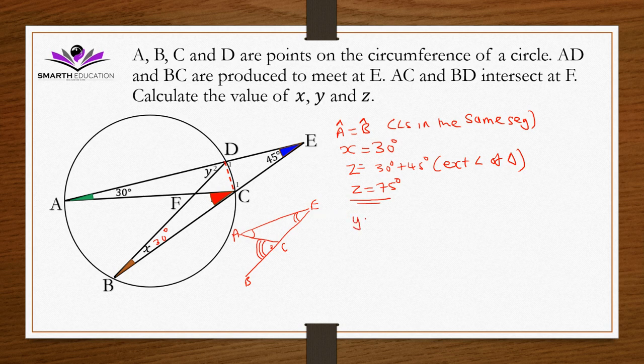Why is angle Y equal to angle Z? Because they are angles in the same segment, right? This is same segment AB there. So angle Y is equal to angle Z, they are both equal to 75 degrees. These are angles in the same segment, okay? Right, done. We've managed to find all the variables there, and we're going to continue with this topic